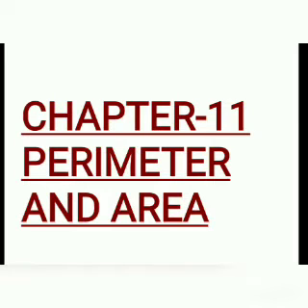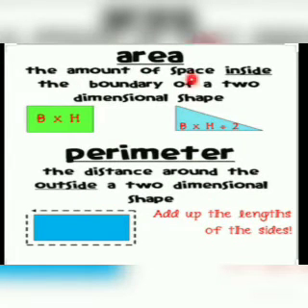So, where we will include that inner space? Yes, that is area. So, area is the space enclosed by a figure. So, I hope you understood what is the difference between a perimeter and area. The amount of space inside the boundary of a two-dimensional shape. So, here two shapes are here. What is this? This is a rectangle and this is a triangle. So, the inner space, that means the space covered inside, is the area, whereas the length of the sides, that means only the boundary distance, the length of the boundary distance, is known as the perimeter.